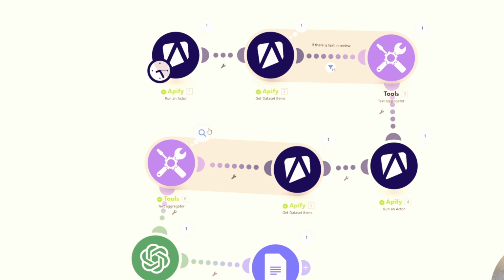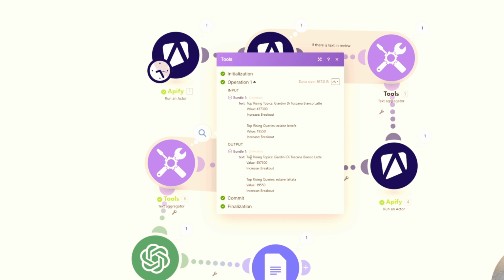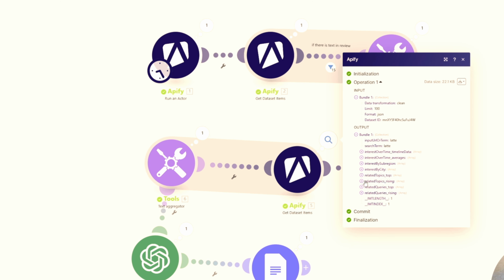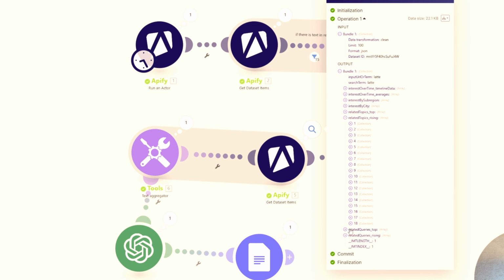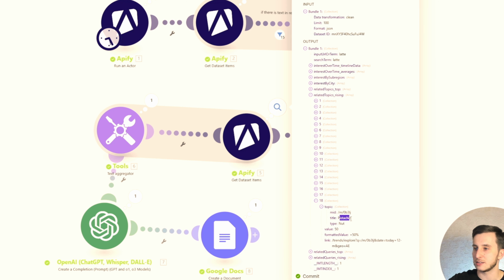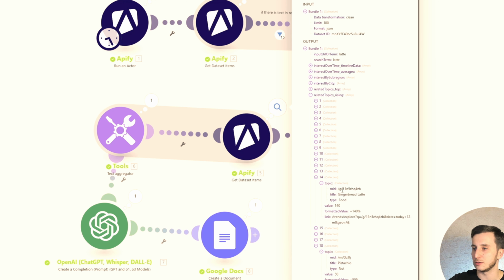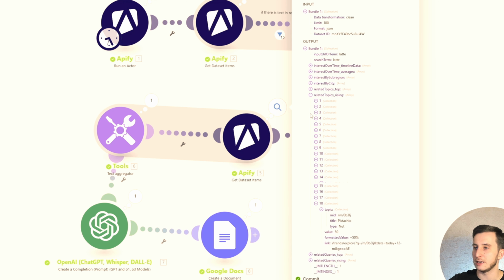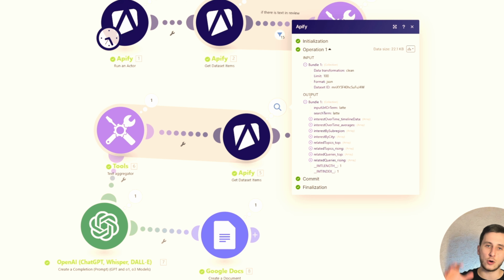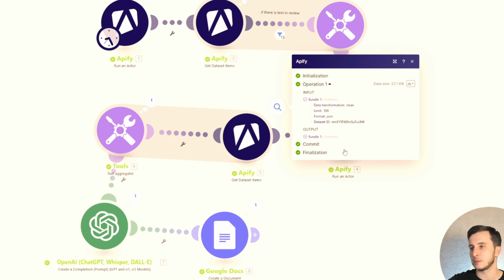That's one thing. Another thing is here, when we look at top rising topics and top rising queries, we have just 1 query per each. While in fact, there are actually more queries than that. There are like 18 queries that we can discuss, like pistachio, or gingerbread latte and stuff like this. So we want to include all of these, but we don't include all of these just because it outputs this